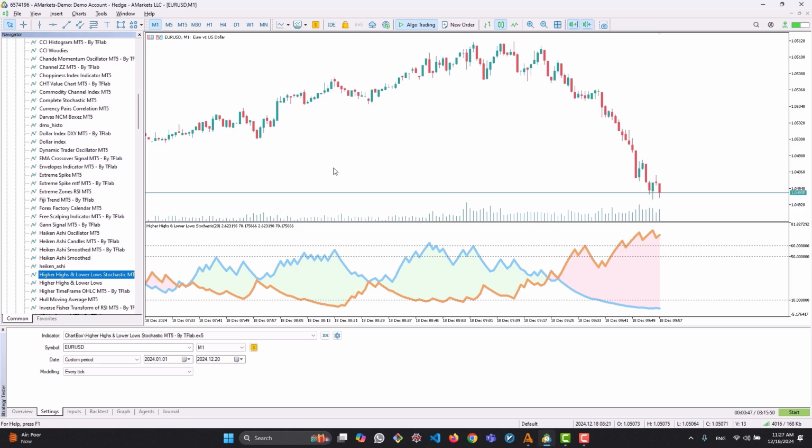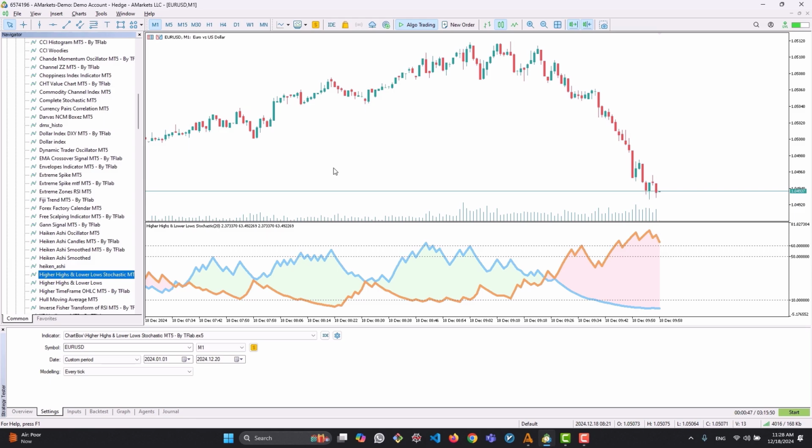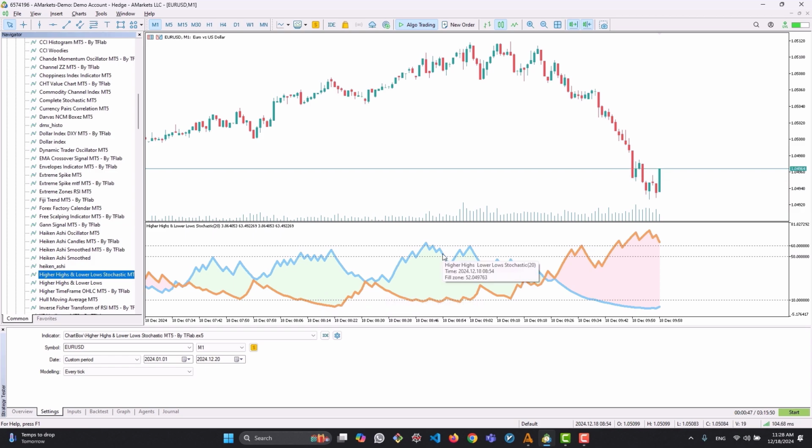This indicator helps us determine and identify the market trend and identify overbought and oversold zones or areas, and also provides us with signals to effectively enter and exit trades. As you can see, this indicator consists of two lines. If the blue line is above